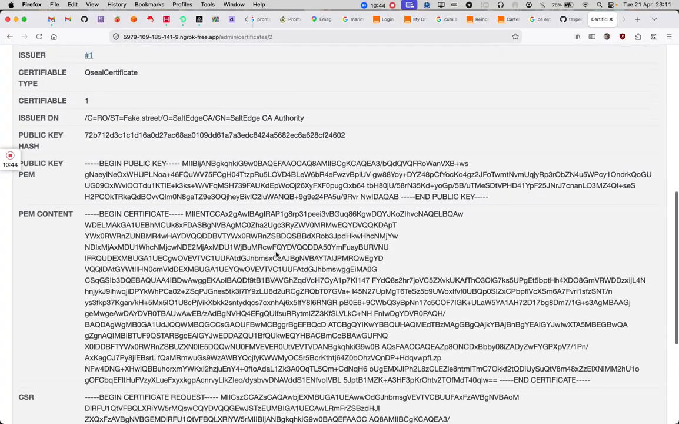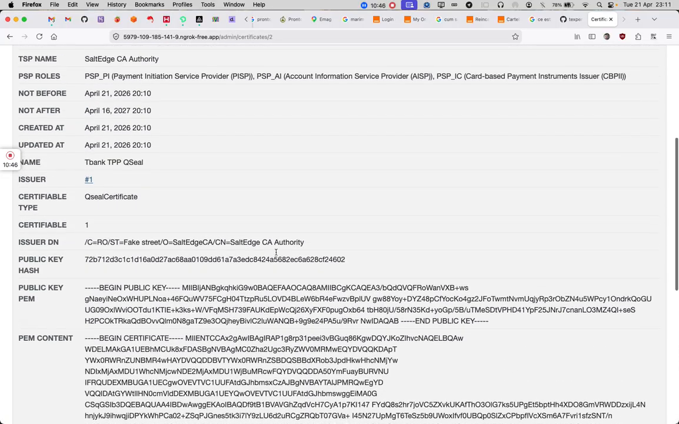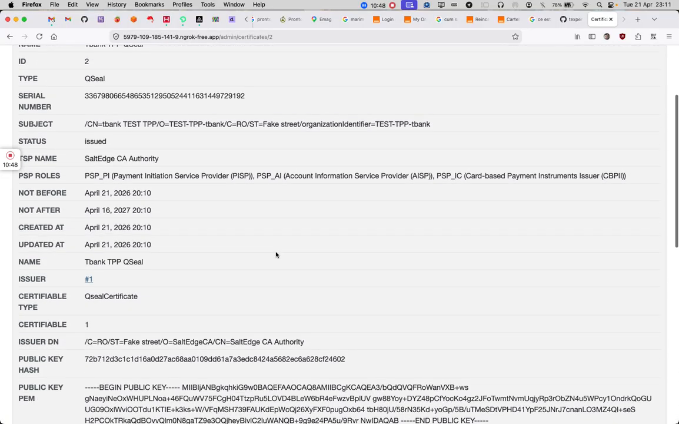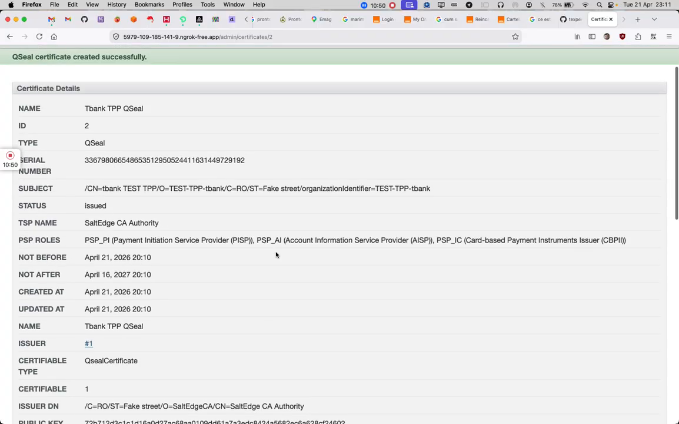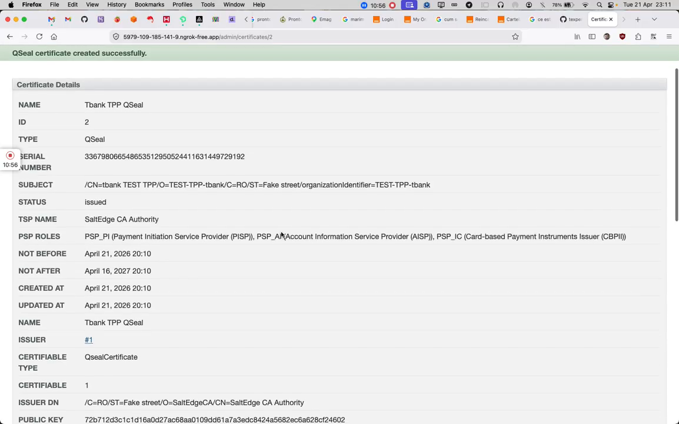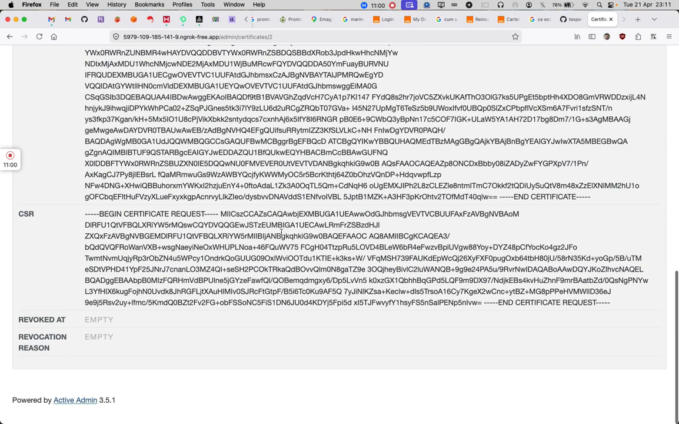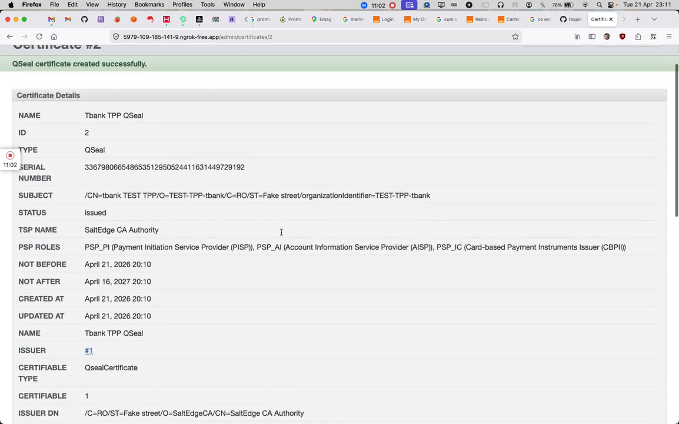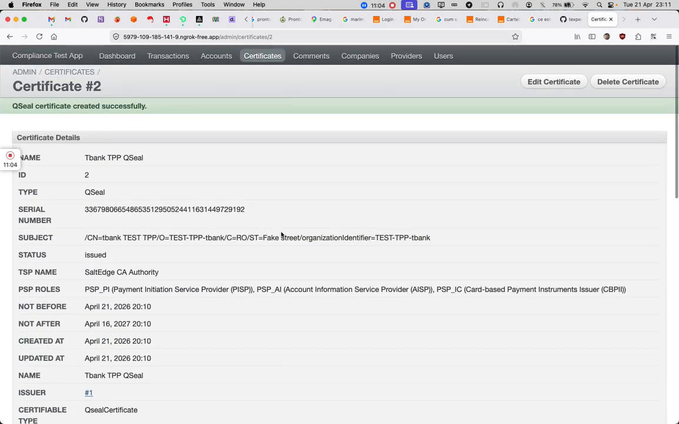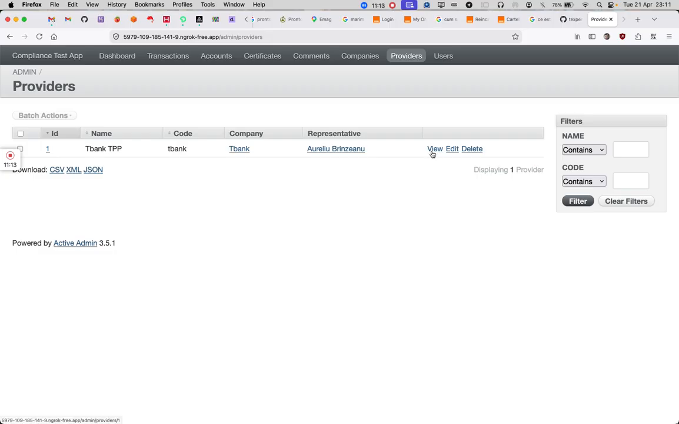Here it is. The private keys are not displayed, and actually they are stored into the database encrypted, so even if someone will get access to the database, he will see only the encrypted information. So now let's go back to the provider,